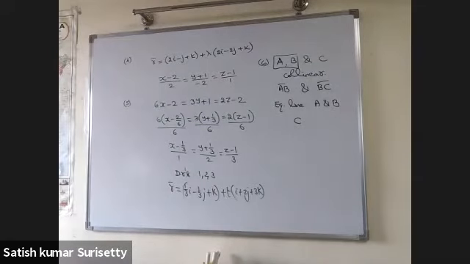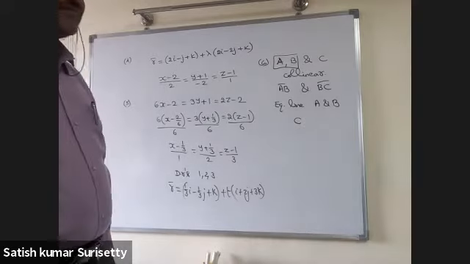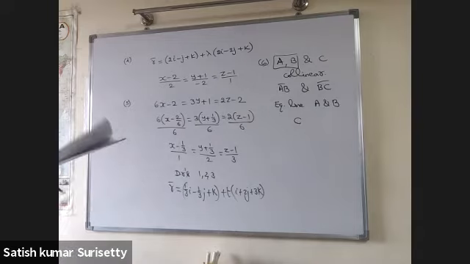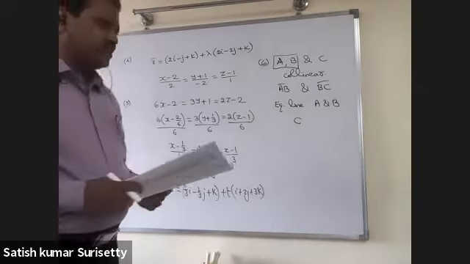How to calculate the direction ratios of any 2 points? (x2 minus x1), (y2 minus y1), (z2 minus z1). Calculate the direction ratios of AB bar and BC bar and check whether they are in proportion or not.